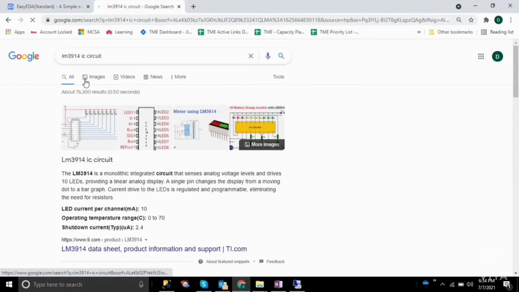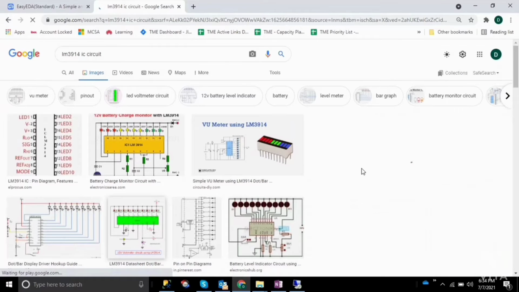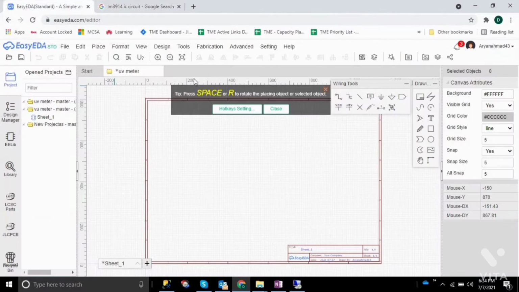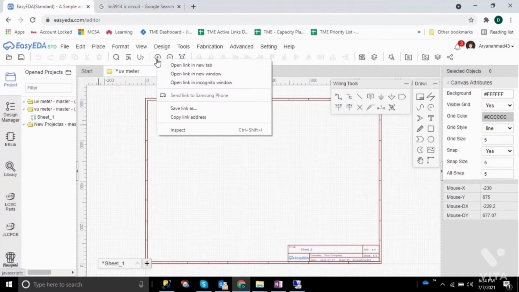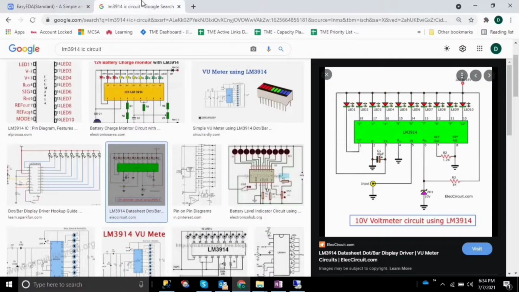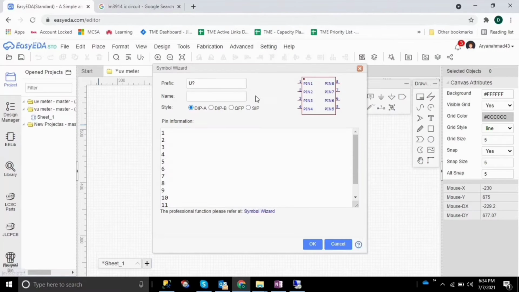Here I can get my circuit, and this time I am using a circuit from the internet, so I do not recreate it. But if not, you can make a circuit diagram in software, which you can later use to build a PCB. So there are two processes. One process is known as circuit design, and the other process is designing your circuit board. First, we need an LM3914.